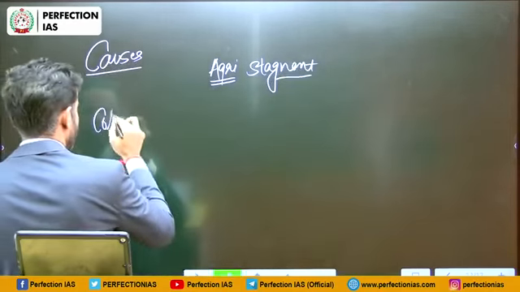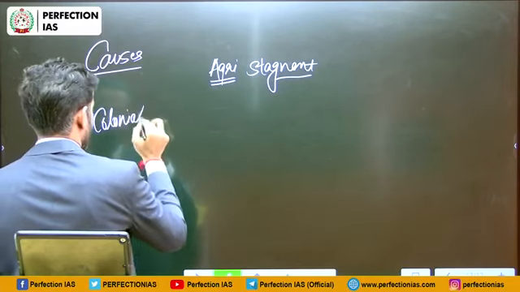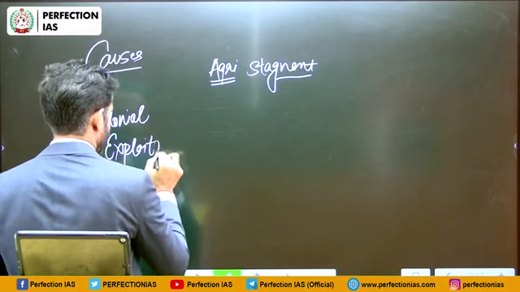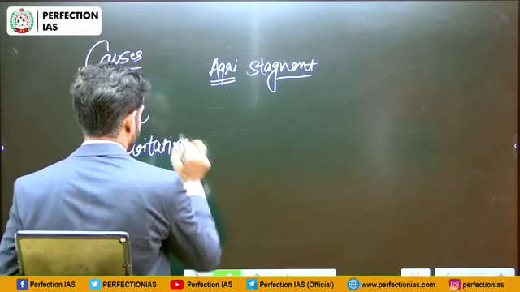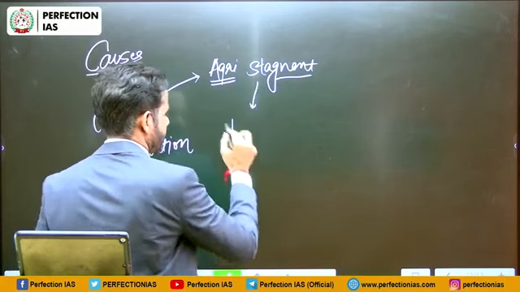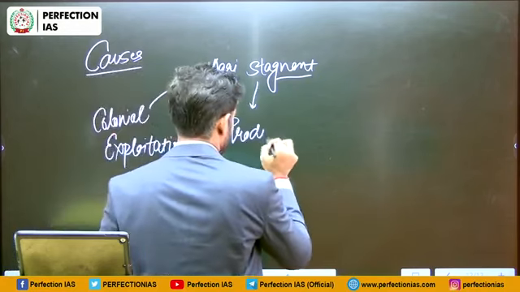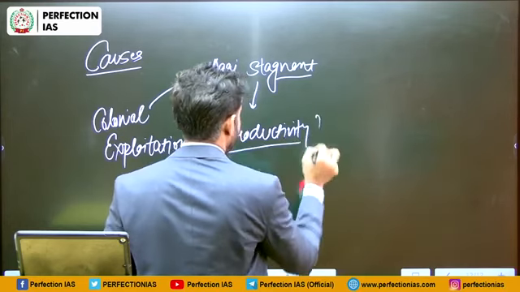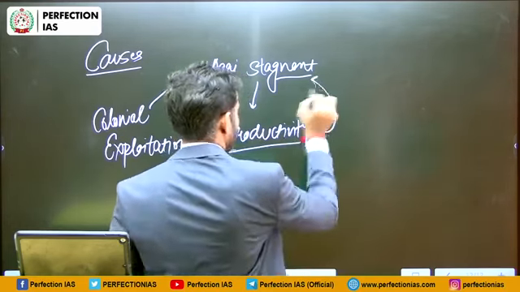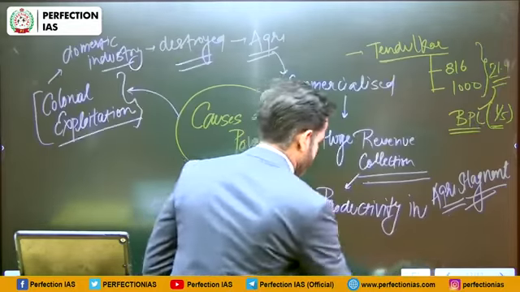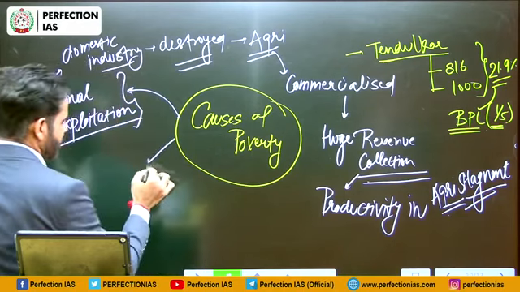Because of colonial exploitation or colonial policies. Agriculture became stagnant and the productivity, when I say agriculture became stagnant, it means the productivity in agriculture became stagnant. Okay. Apart from that, another factor was huge amount of